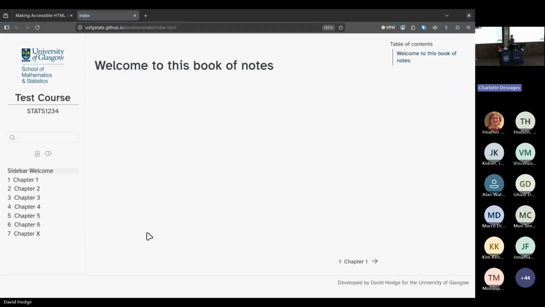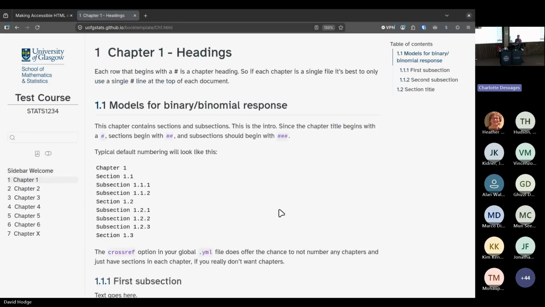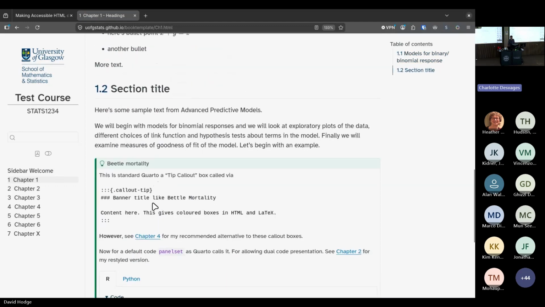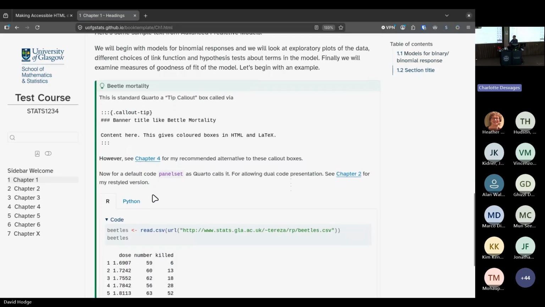For my colleagues in Glasgow, I've recently pulled together this blank template, not that blank. This was a set of notes with a book template, which I put some chapters in to explain to staff how to do certain things around headings and things like that in Quarto. So this page talks about headings. This shows the staff how to do these things called callout boxes. If you want to have,